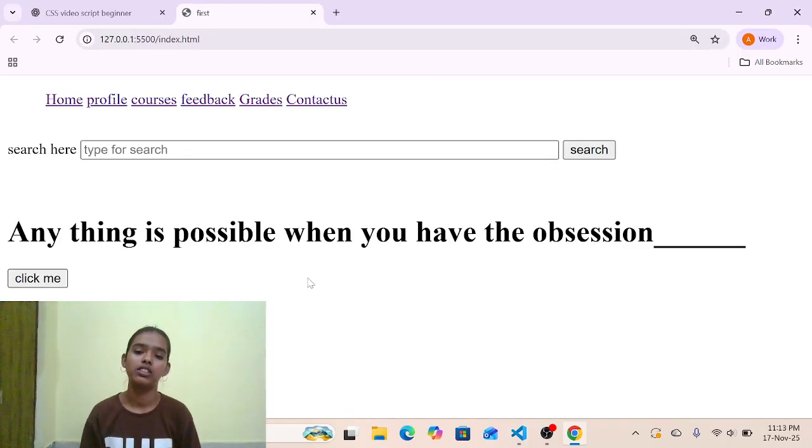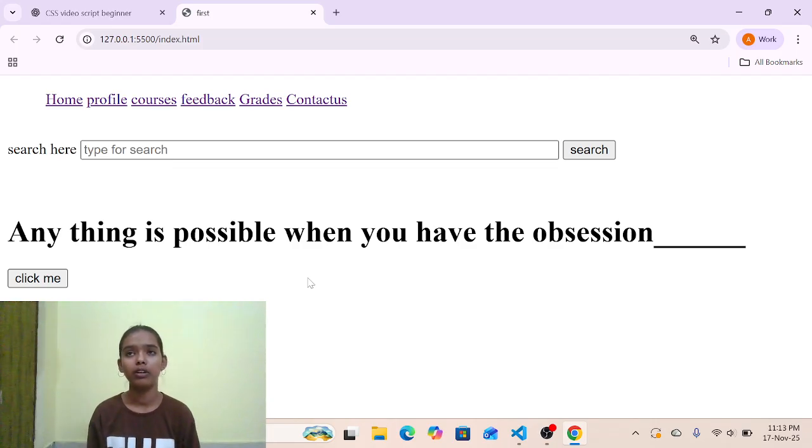When I comment out my CSS link, it looks simple and very plain.